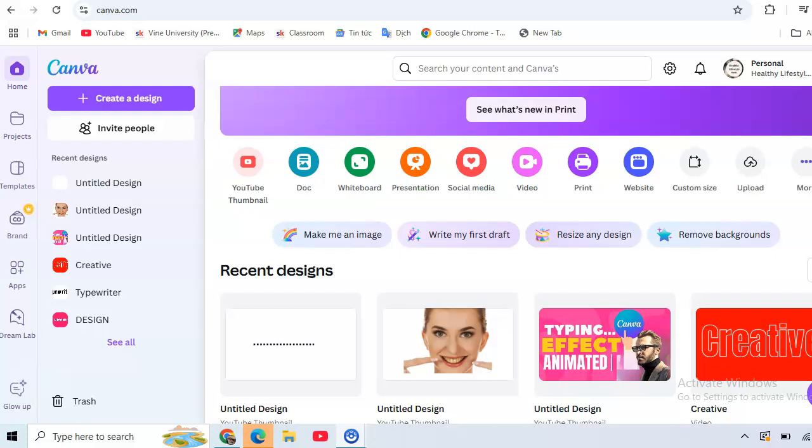Hi guys, in this video I will show you how to make magnifying effect in Canva, what you need to